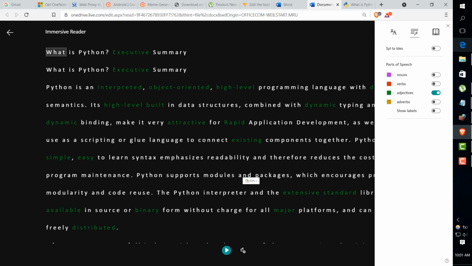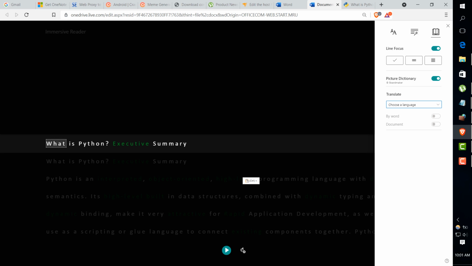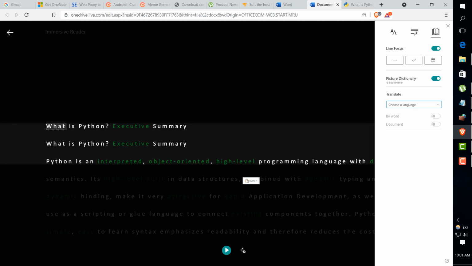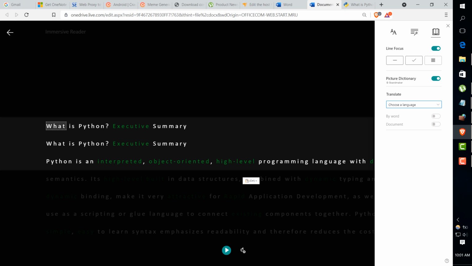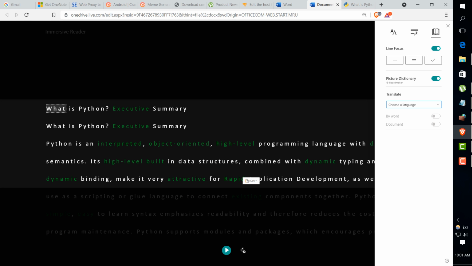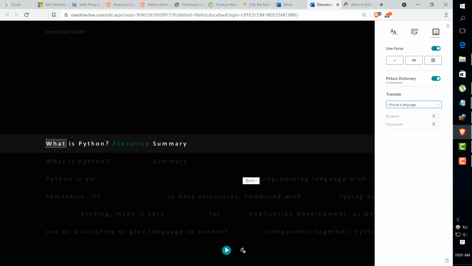Now if I go back here, the last option is how the text should look. So there is an option called focus. So right now, see, this is one pattern. If I click on focus in one line item, whichever line item it reads out, it will actually highlight that line item, correct? With last 3, it will highlight 3 line items. You can see if you click on this, it will highlight 5 line items, but I prefer the first, 1 line item which I am reading. Actually it gives more clarity and it helps me to focus to read that particular line right away.